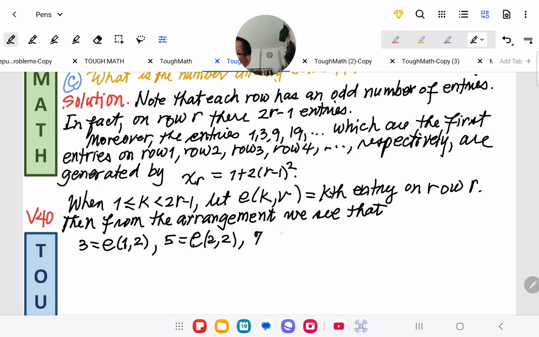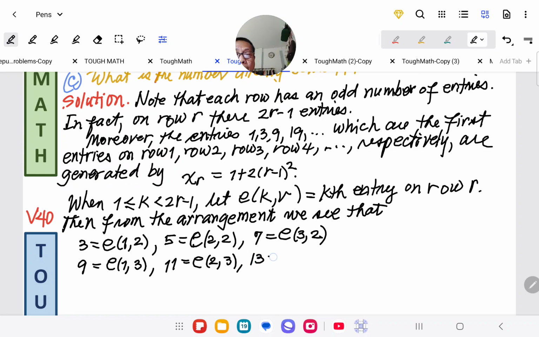And 7 is the third entry on row 2. Similarly, 9 is the first entry on row 3. 11 is the second entry on row 3. 13 is the third entry on row 3,